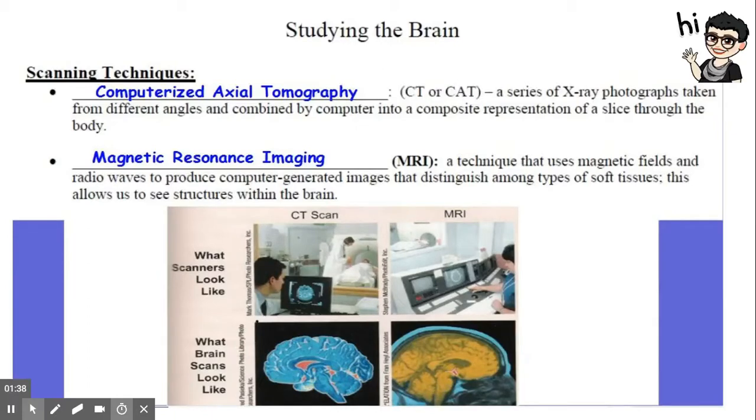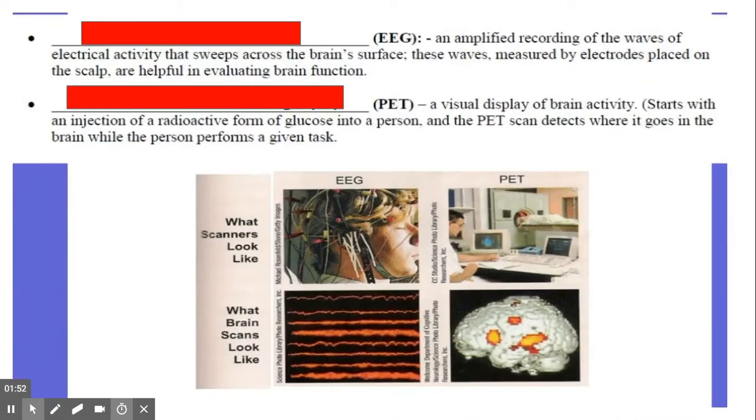This allows us to see the structures that lie within the brain and probably gives us a pretty decent image of maybe if there is structural damage within the brain itself. The third is not so much a scanning of the brain as it is looking at the activity happening within the brain, and that is something known as an EEG or